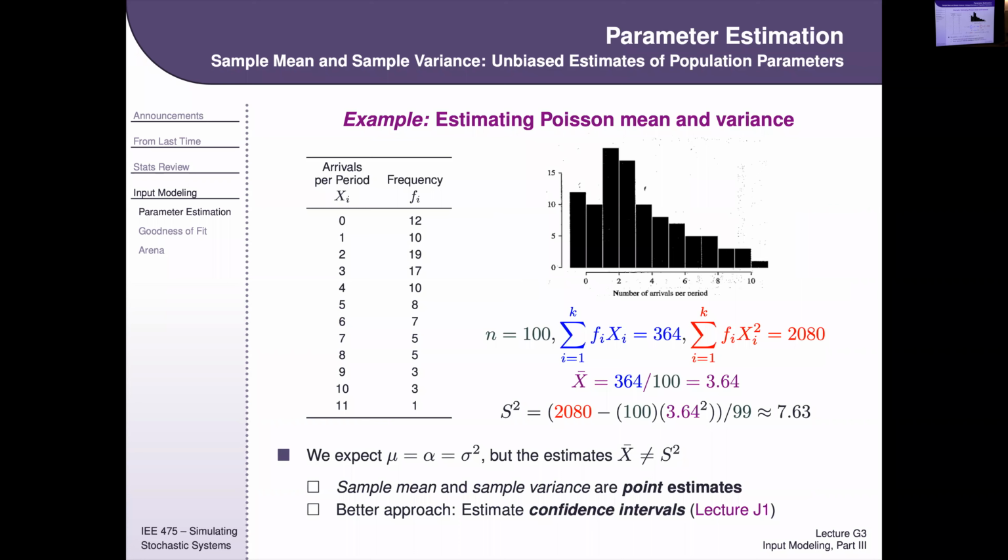So as an example, I give you a Poisson distribution here. I've got the outcomes, 0 through 11, and how often they were observed, the frequency data. From there, I can calculate the sample mean by multiplying across each row. I get a 0 for this row, a 10 for this row, a 38 for this row, and so on. I add all those up, divide by n, and I get a mean of 3.64,